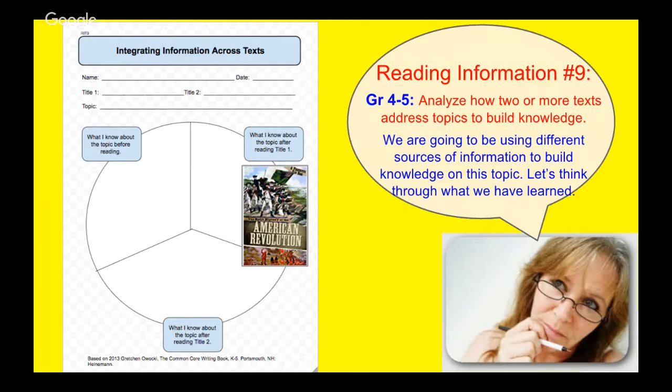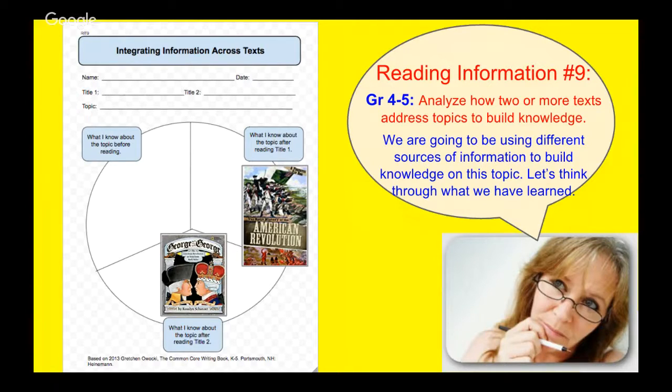These texts are looking at both sides, both perspectives of the Revolutionary War. So now you're going to read the American Revolution. What information have you learned in there that you didn't know before? And again, you'd be identifying key important points, and details and examples that support it,